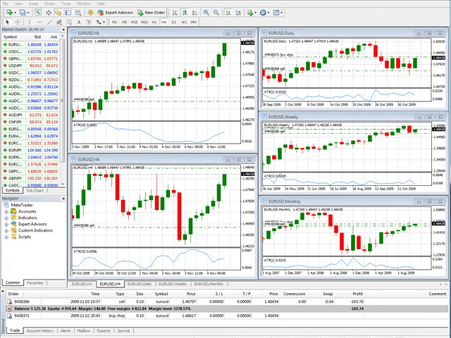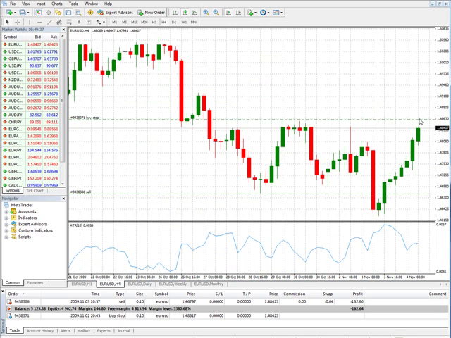Hello and welcome back. We are still short the euro dollar US dollar, and as you can see here, the market has moved against us, and we are down 164 pips currently. And we're watching the market move up towards, right here, towards our stop. Now, what most likely will happen in this case is that we'll see some continued activity to the upside, and